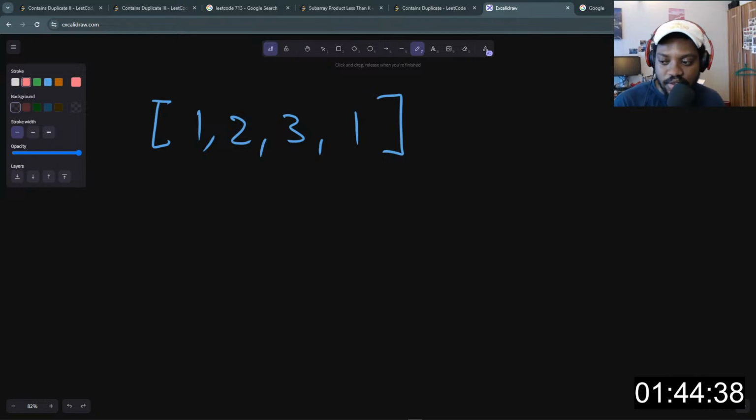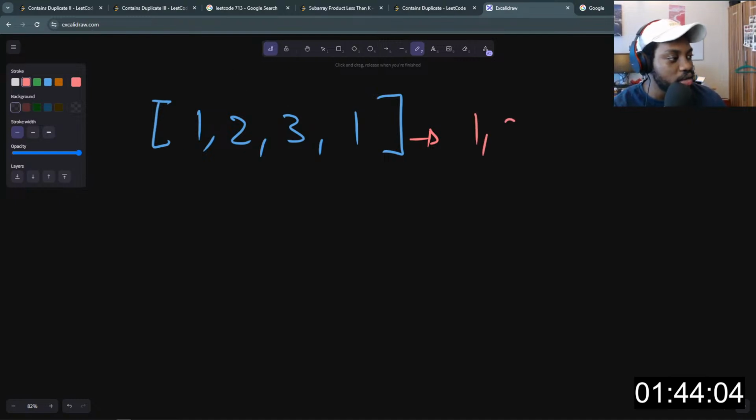So, anyways, let's continue. Now we have one. This is our input array, and we want to find if there is at least one integer in the array that has a duplicate. First of all, one thing to note here is that we can create a unique version of every integer in the array, and then iterate through the array to see if that item is at least in that unique version. So here's what I mean. If we have a unique version of this array, it will be 1, 2, 3, right? Now, if we iterate through this 1, 2, 3 here, right?